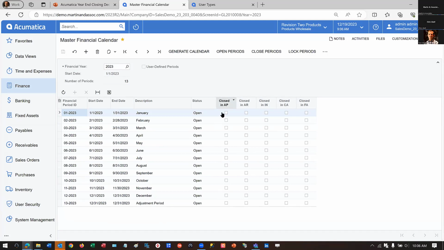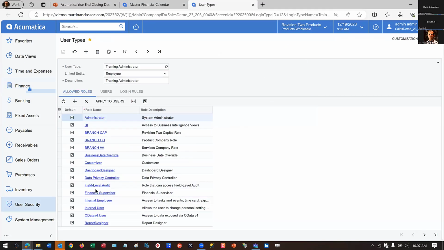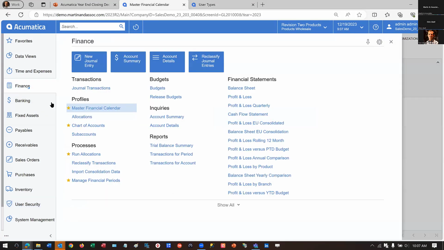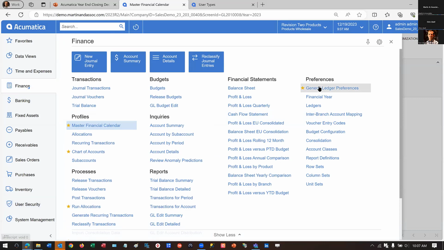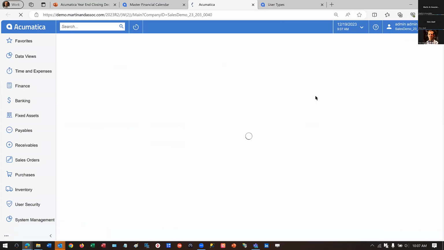Those could all be closed out so that there are no transactions, but journal entries against a closed period in the general ledger can be allowed prior to the period going from closed to locked, if you possess that financial supervisor user role and your general ledger preferences have enabled